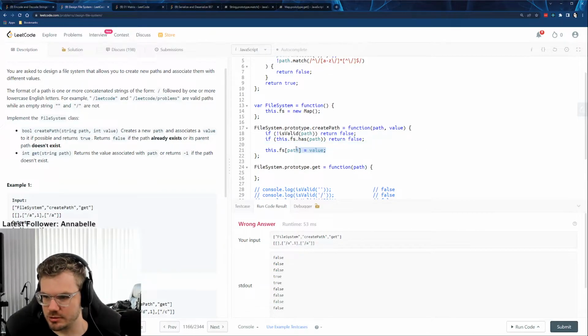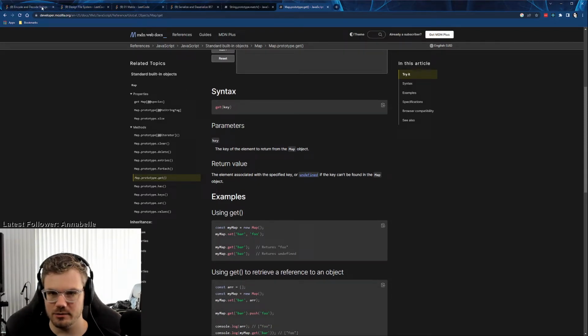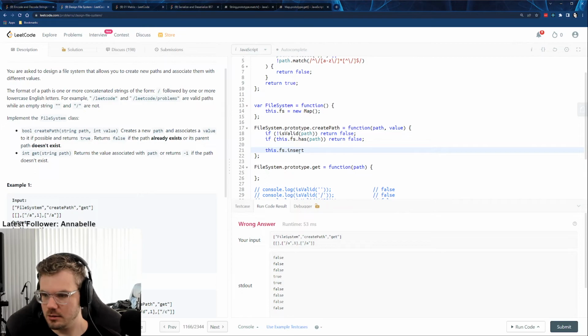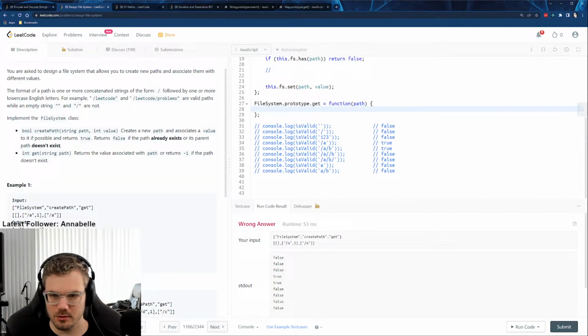And then this is actually not right. This needs to be fs dot insert, oh, set, path value. So we still need a little bit of logic right here, and then get returns the value associated with the path or -1. So it would be return